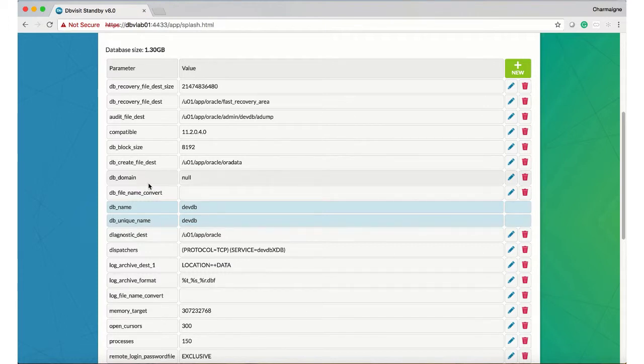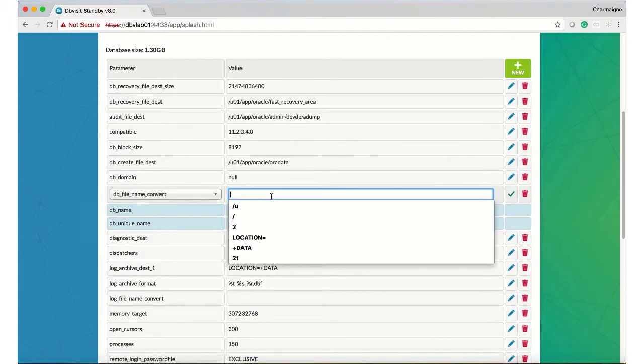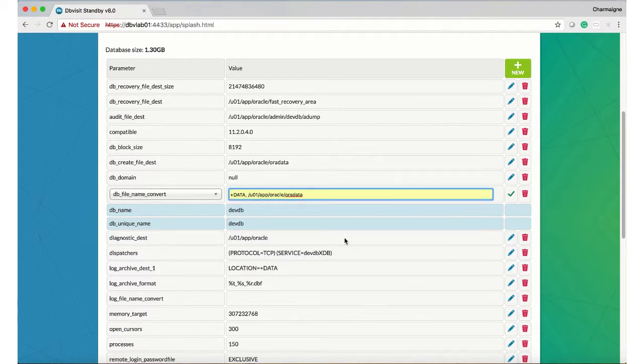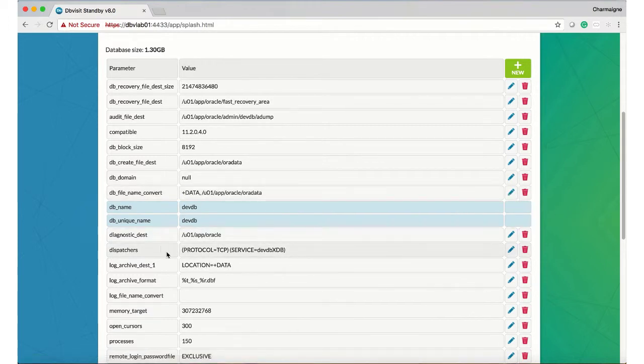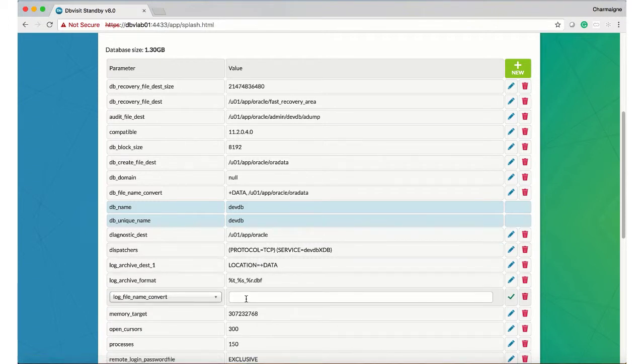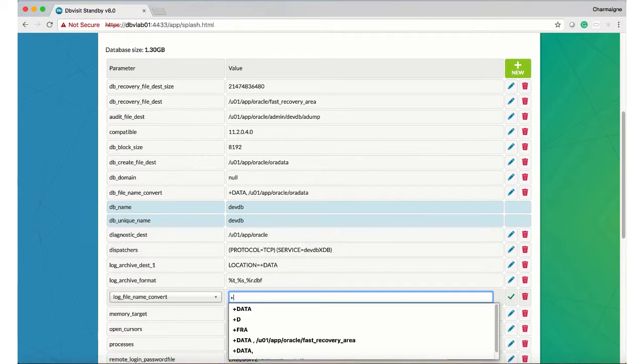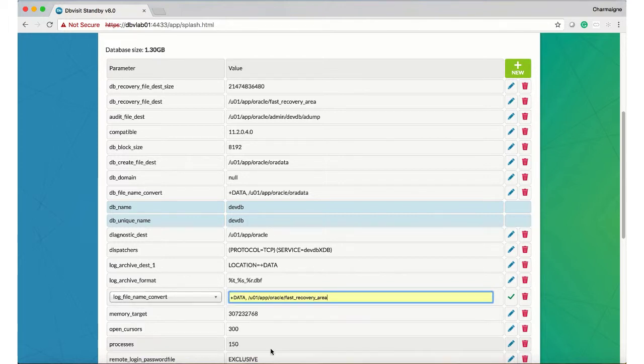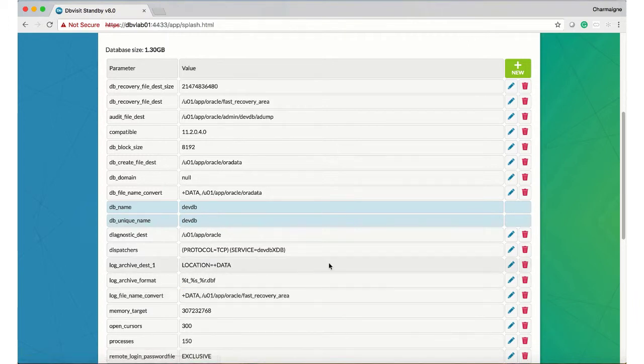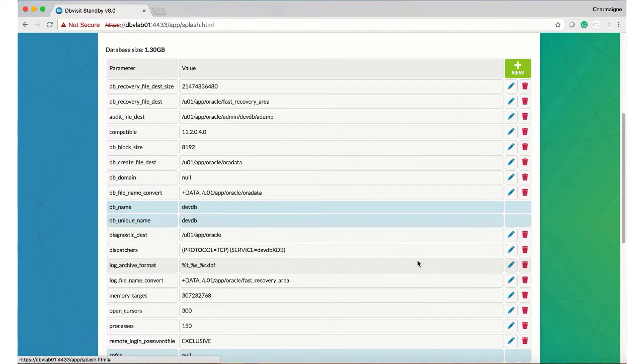Then, because we are using non-OMF to OMF, I'm going to add the DB convert parameter. So that will be a plus data. And the same with the log file name convert. That will go to that. Just delete the dest